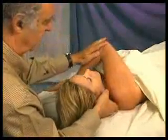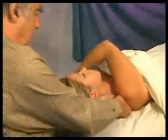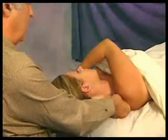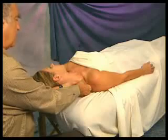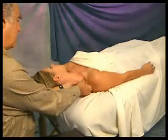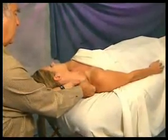Just keep your arm there, and I'm going to try and get my fingers each side of that trigger point. Slide my hand in here carefully without knocking you too much. Can you take your left ear towards your left shoulder? And now put your arm down by your side and stretch it away towards your feet. So you're now introducing for me a stretch. You can relax your arm, relax your head, and we're trying to lengthen the tissues surrounding the trigger point. It's a very localized stretch, following on from an isometric contraction, following on from a positional release. And after about 15-20 seconds of that, as the tissues begin to lengthen,